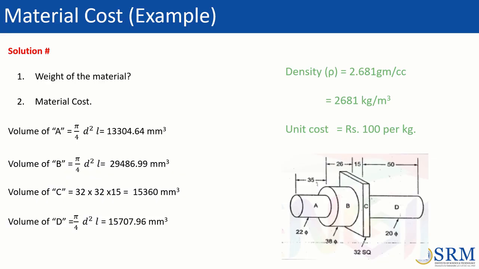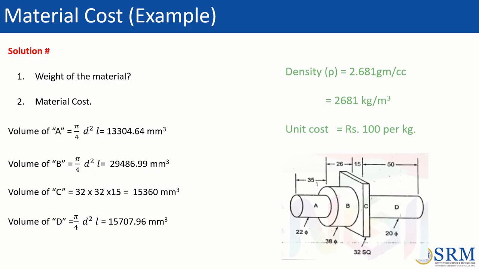To find the total volume, we calculate the individual volume of each distinct segment of the shaft. Cylindrical segment A has a 22 mm diameter and a length of 35 mm. Using the formula volume of A, that is pi by 4 d square L, we can calculate its volume as 13304.64 millimeter cube. Similarly, for segment B, since it is also a cylindrical component, we can calculate the volume of B as 29486.99, and the volume of C